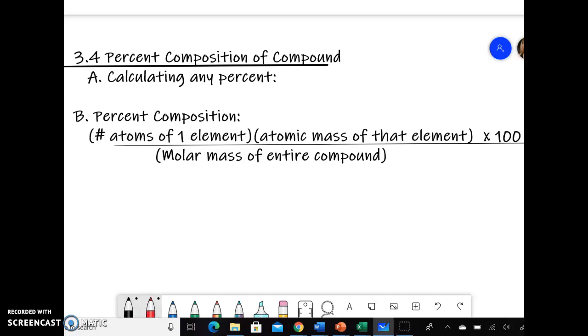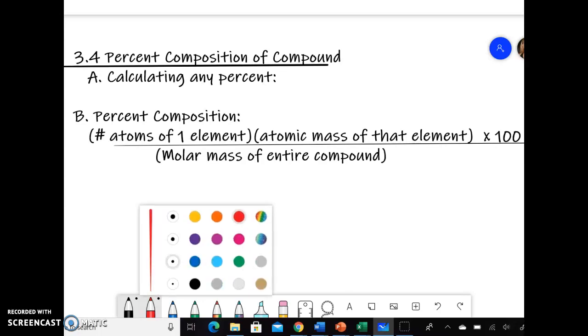Today's lesson is going to be about some calculations that we actually reviewed during our review session when we did our first unit. So hopefully some of this will sound familiar to you. Let's start with percents. First of all, if you're doing any kind of percent, doesn't even matter what you're taking